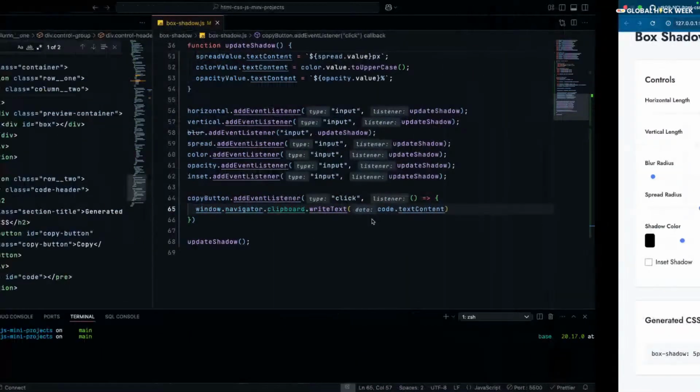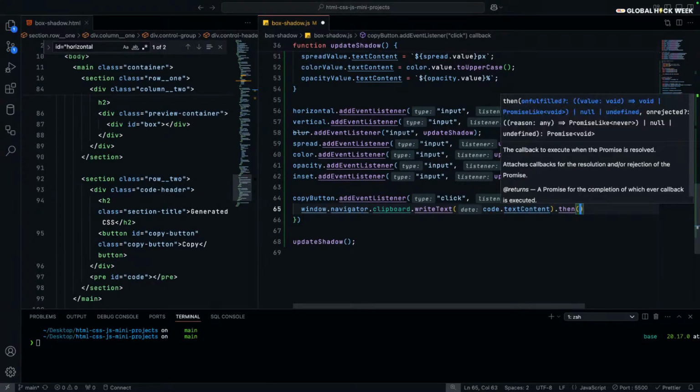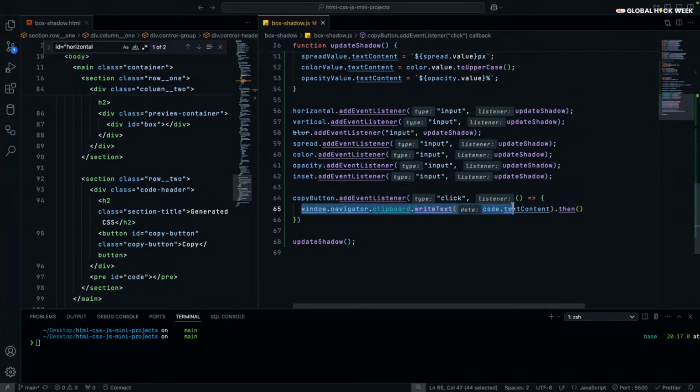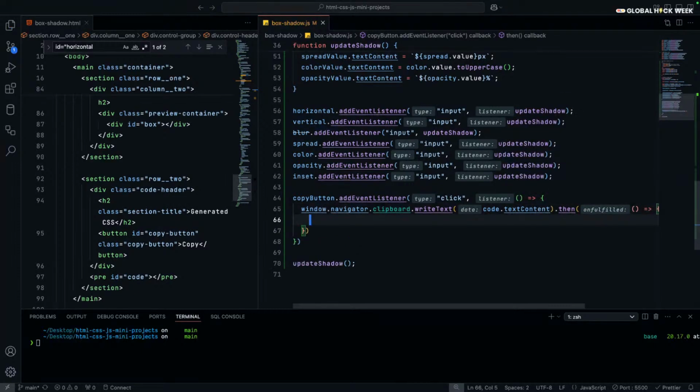Okay, going back. So text content, and since it's a promise which can have, as I said, kind of three states: if it's pending, if it's fulfilled, or if it's rejected. So based on that, we have this dot then chain. Okay, it's called a chain. What it does is you say try this out. If you have tried this out and if it is fulfilled, then in that case chain it over, and now do something like dot original